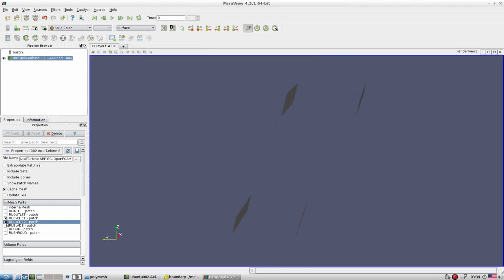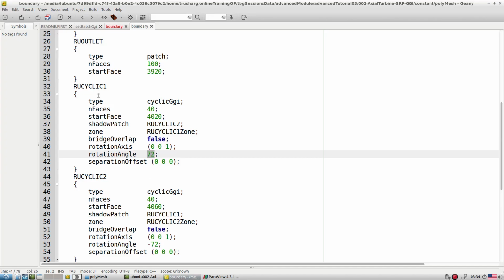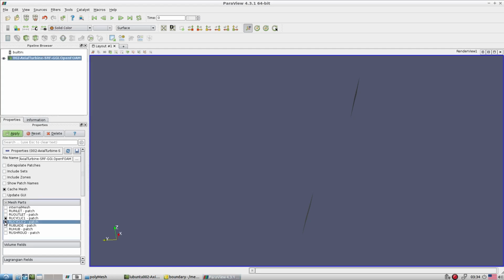So let me switch off a few things. So cyclic 1, okay, and along the z axis, to reach cyclic 2 how much does it have to rotate? Cyclic 1 has to rotate 72 degrees. Okay, and in the same way this one, to reach cyclic 2, requires a rotation of 72 degrees.